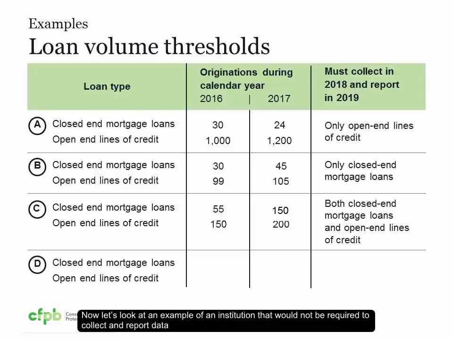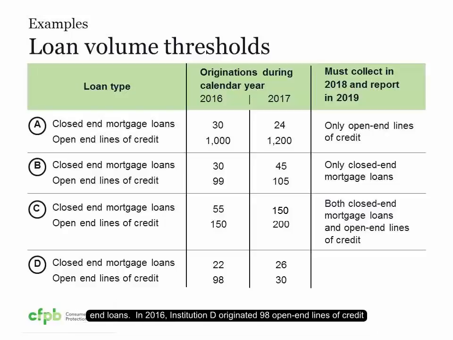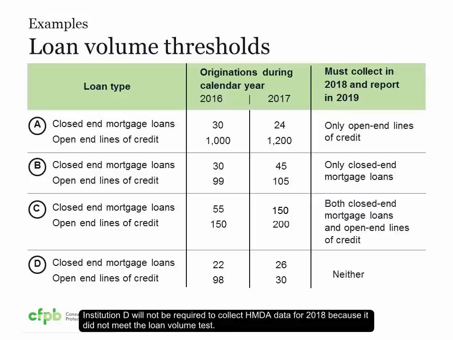Now let's look at an example of an institution that would not be required to collect and report data because its loan volume activity did not meet or exceed the threshold in one or both years. Institution D originated 22 closed-end mortgage loans in 2016, and in 2017, it originated 26 closed-end loans. In 2016, Institution D originated 98 open-end lines of credit, and in 2017, it originated 30 open-end lines of credit. Institution D will not be required to collect HMDA data for 2018 because it did not meet the loan volume